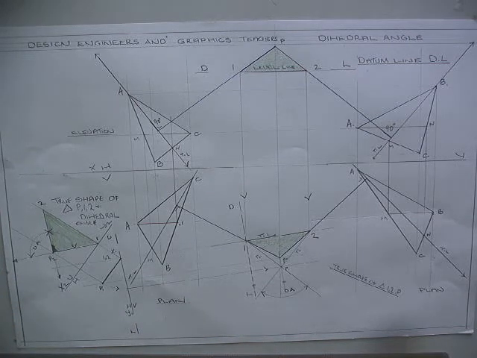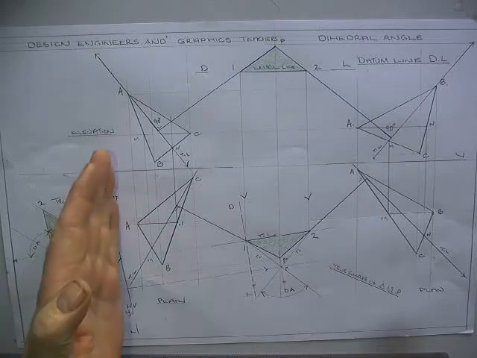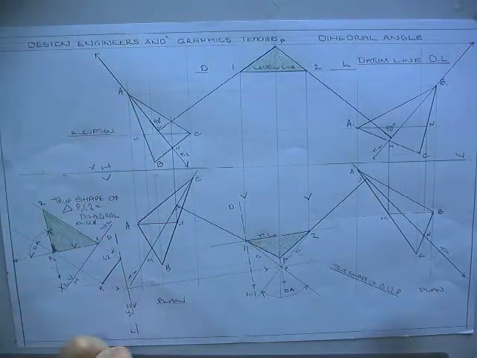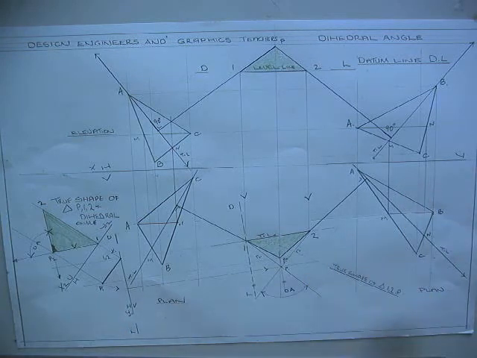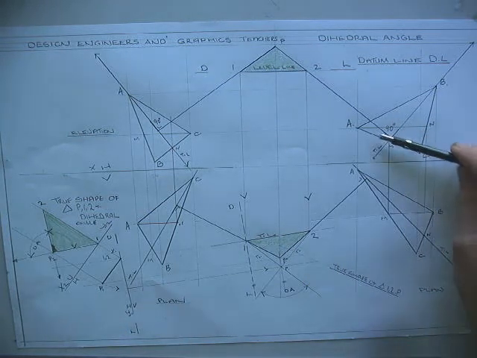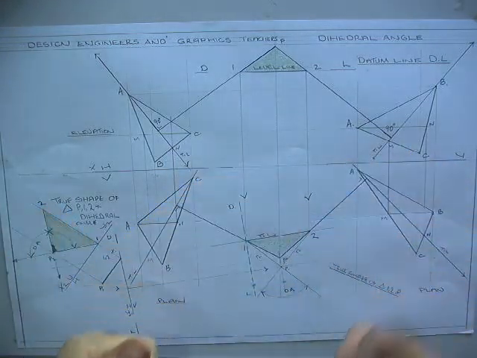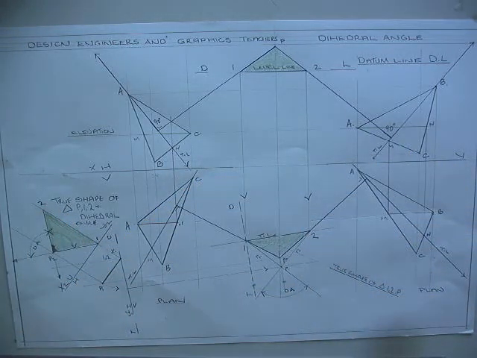In this example, we're going to look at the dihedral angle between two planes which are not intersecting. So just to give you the general setup here. Over on my left hand side, I've got a plane A, B and C. There's my elevation and there's my plan. And over on the right hand side, I've got another similar plane, ABC elevation and ABC on the plan. So they don't actually intersect, but I want to still achieve the common angle or the dihedral angle between both